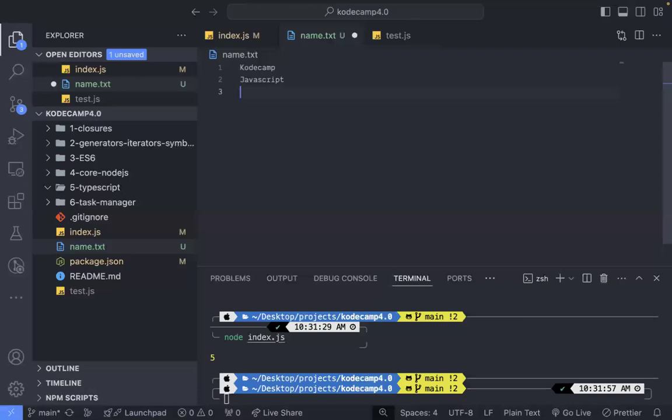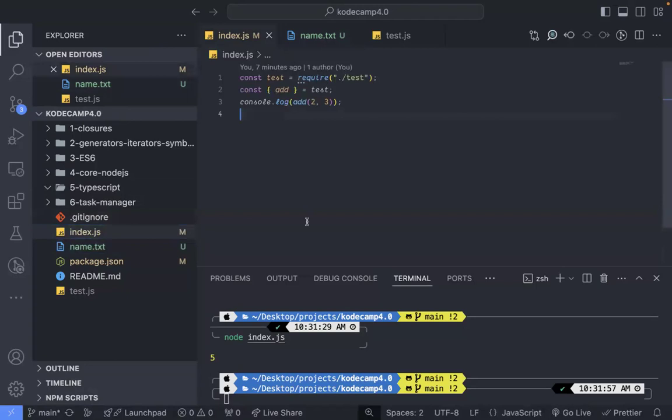We have NodeJs, like so. Now, we want to read the content of this file inside the index.js. So what we will do here is,